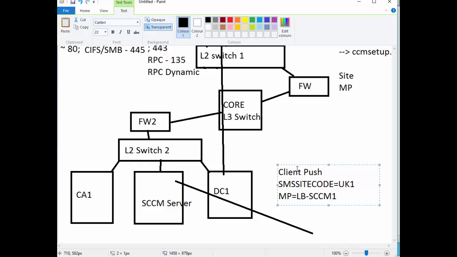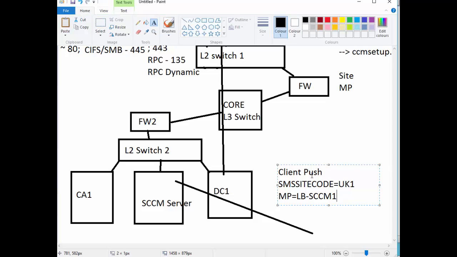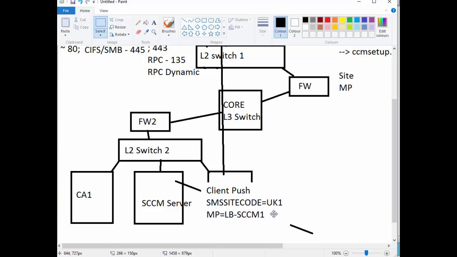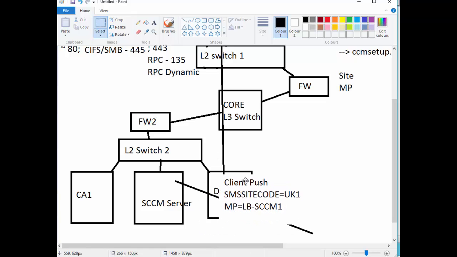So when I configure this on this site server, what it actually does is it moves this information and publishes it in Active Directory. So it publishes this information in Active Directory, ready for any client that comes and says, hey, do you have any information for me on how to install this client? And then they can get this information from Active Directory. So again, let's go back to our